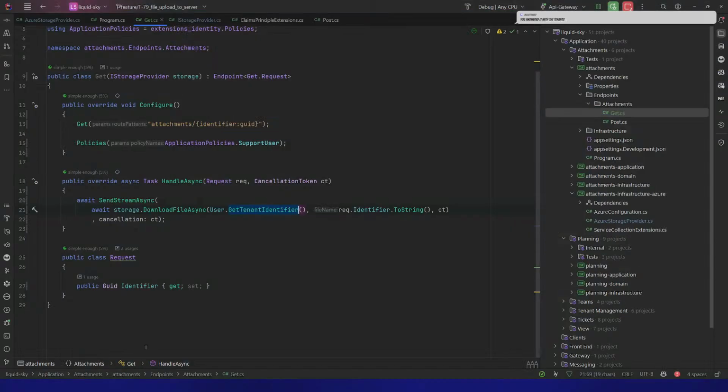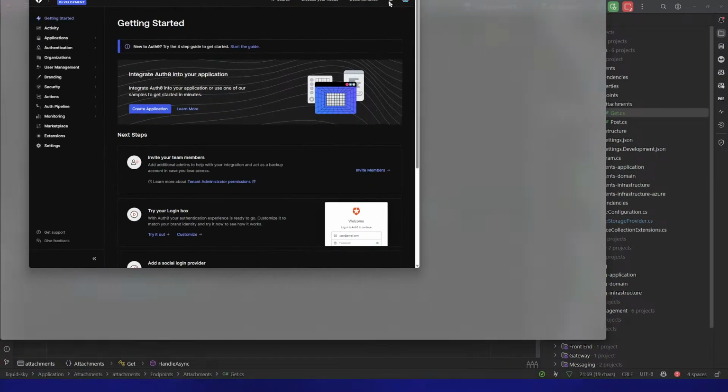Yeah, because everything right now has a tenant identifier attached. So when you are logged in, you are attached to the tenant, and that's handled in Auth0 right this second. So what I do is in Auth0, no, auth0.com, not auth.com. That's not a page. Login. I'll bring it up once I've logged in. Yeah. So in Auth0,